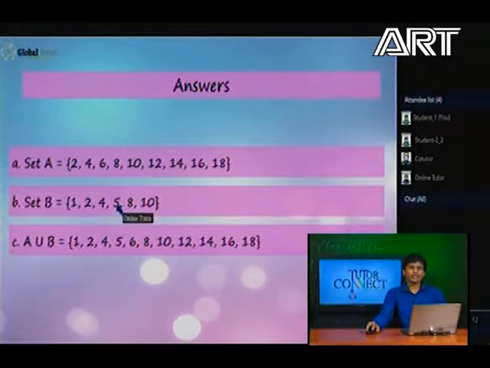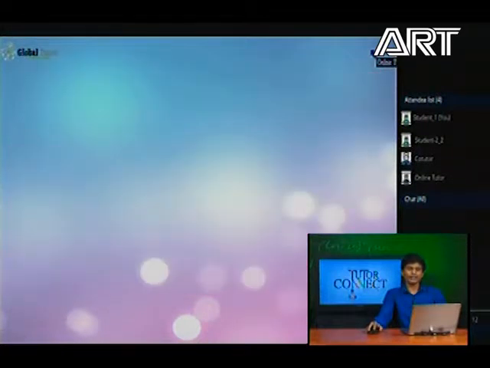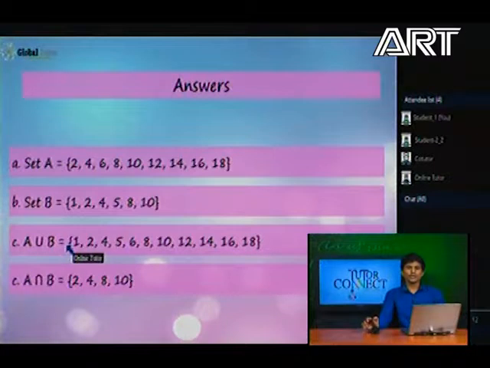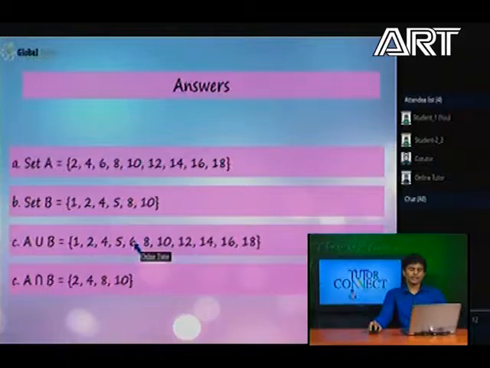So, all these numbers, as you can see, would give you the total. If you multiply one by another number, it would give you the answer 40. The C part of this question, which is A union B, equals the total of A and B, which would give you the answer as the total of 20. So, the A union B answer is 1, 2, 4, 5, 6, 8, 10, 12, 14, 16